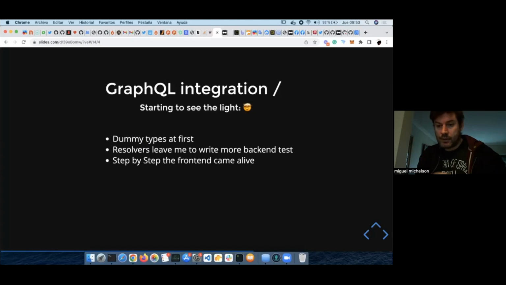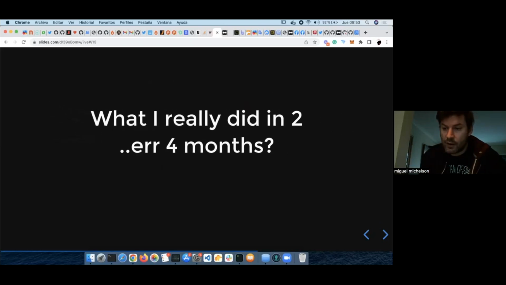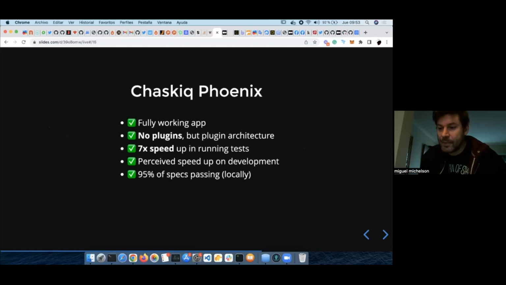So in summary, the GraphQL integration used dummy types at first. Resolvers led me to write more backend tests, so I started to implement more and more logic eventually. And step by step, the single page application started to come alive. So what I really did in two months, well, actually in four months, I had a fully working application.